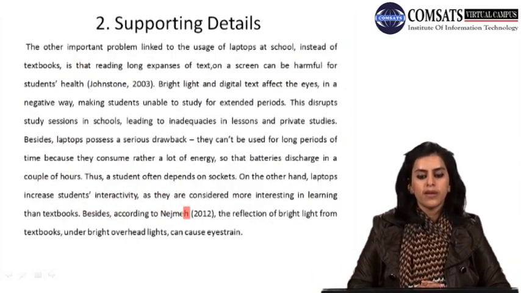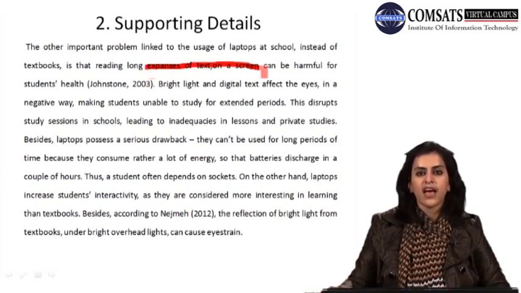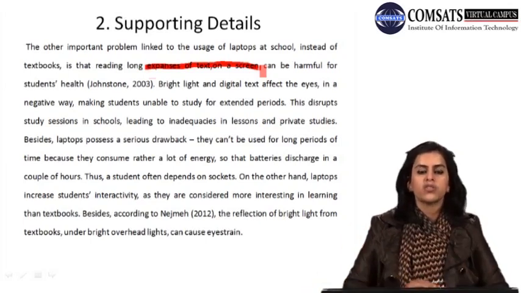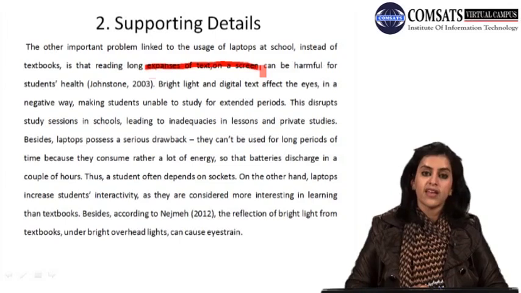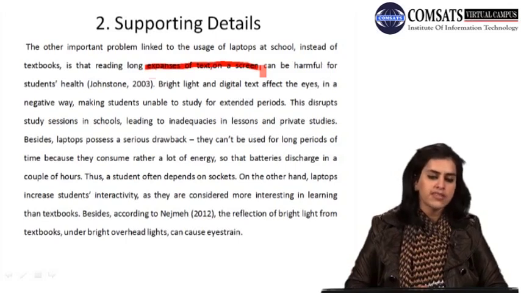The other important problem linked to the usage of laptops at school instead of textbooks is that reading long expanses of text on a screen can be harmful to students' health. Now, text on the screen can damage the eyes of the students. If they are supposed to look at the screen for a longer period of time, they can damage their health also. Bright light and digital text affect the eyes in a negative way, making students unable to study for extended periods. Students can read from textbooks easily, like they can sometimes put them aside and then pick them up to read again,